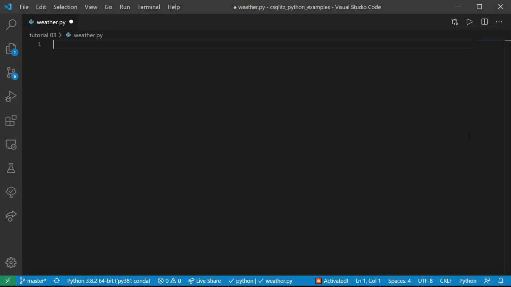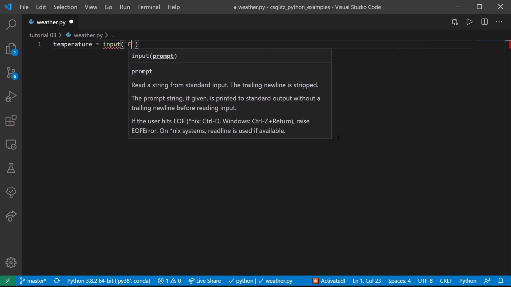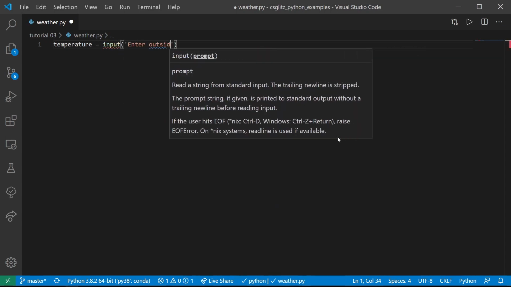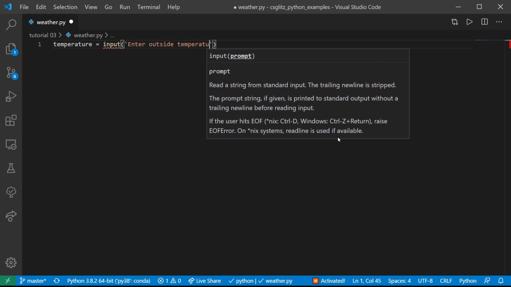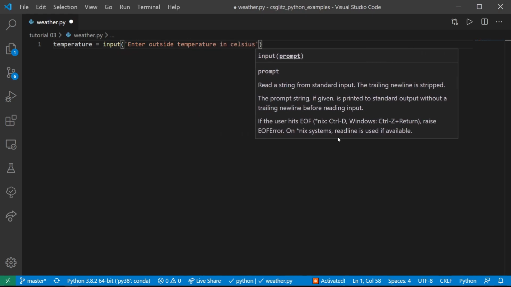In the last video, we learned about assignments, variables, and f-strings. In this video, we will learn about decision flow. Sometimes we have to make decisions based on some expression. Let's write a program that will take outside temperature as an input and print whether the user requires a jacket or not, based on the temperature being lower than 15 or not.